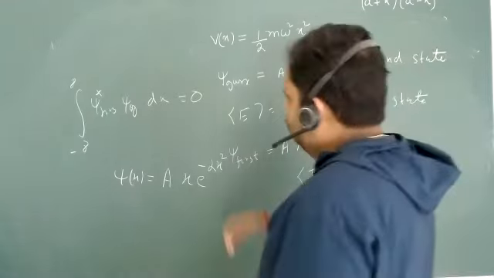Yes, sir. अब सपोज करो कि इसी के लिए गेस दे दे ग्राउंड स्टेट का A cos pi x upon a, x is between minus a by 2 to plus a by 2. What will be the guess wave function for the first excited state? So sine 2 pi. Very good. That will be A sine 2 pi x upon a, isn't it? And that should be between minus a by 2 to plus a by 2.